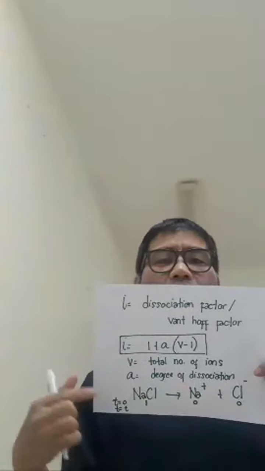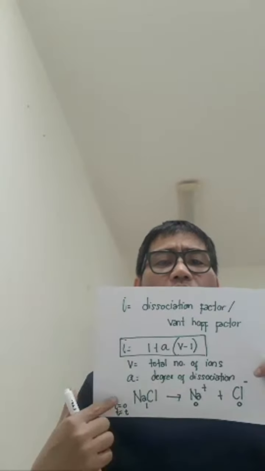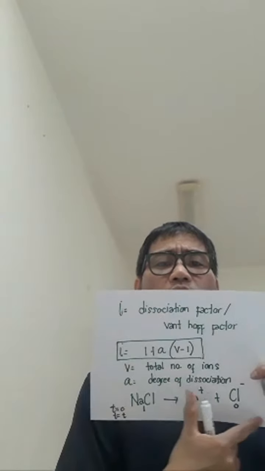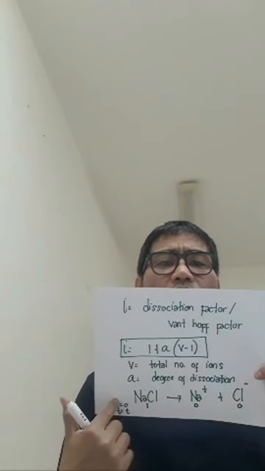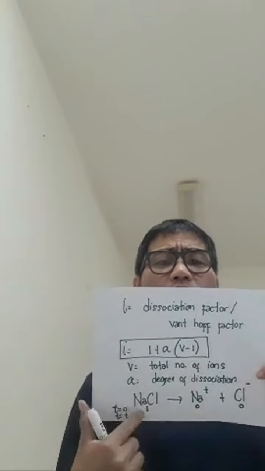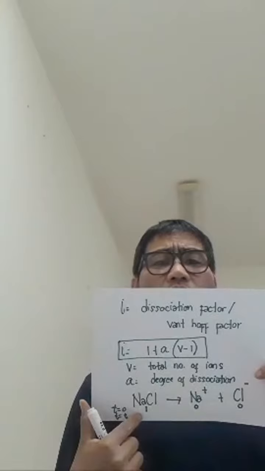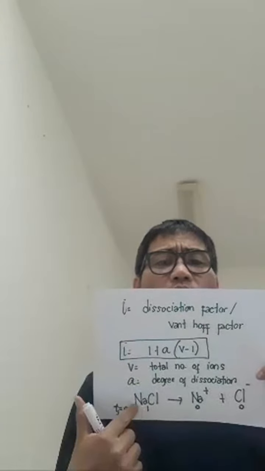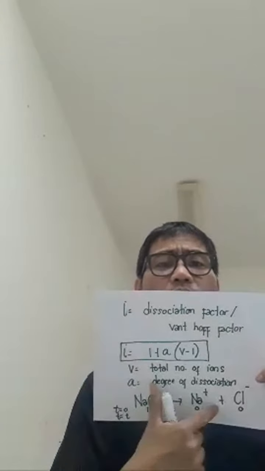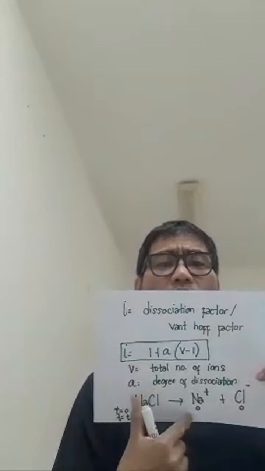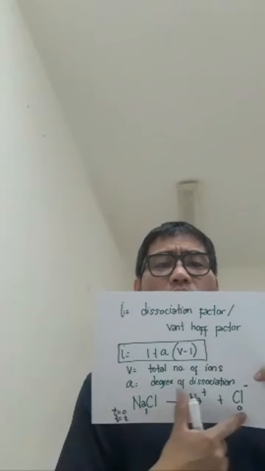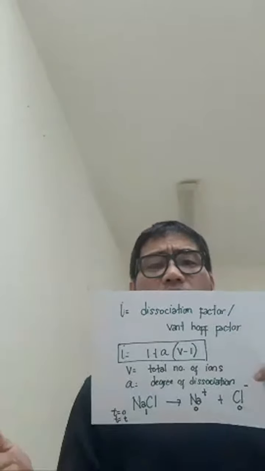So at t equals 0, our dissociation will be represented in this manner. Let's say 1 mole of sodium chloride, example only, and 0 mole of sodium and 0 mole of chloride. And then at time equal to t, meaning 10 seconds, 20 seconds, 30 seconds, we have